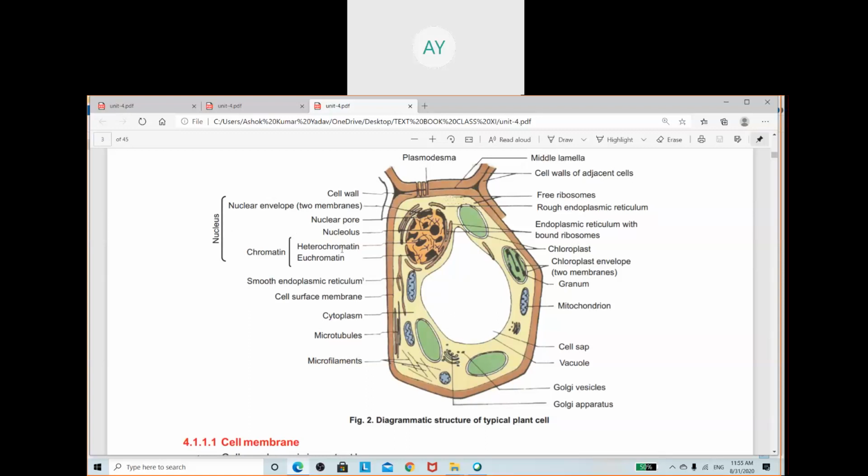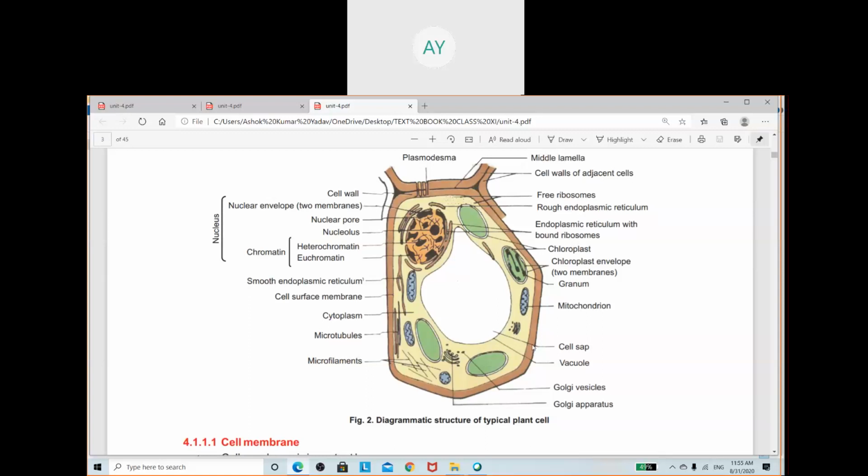Next, the smooth endoplasmic reticulum. Here it is smooth. It is responsible for lipid or fat synthesis. So lipid or fat synthesis generally occurs inside the cytoplasm, on the smooth endoplasmic reticulum. And whatever the waste product, the used product that has no value, is going to collect inside the cell sap, inside the vacuole, and the membrane of the vacuole is known as